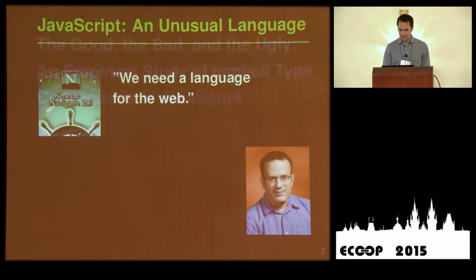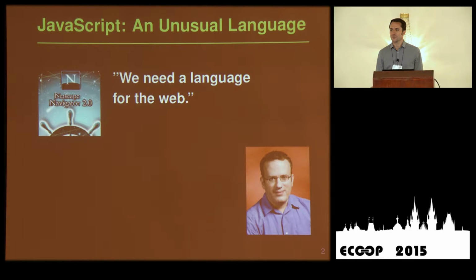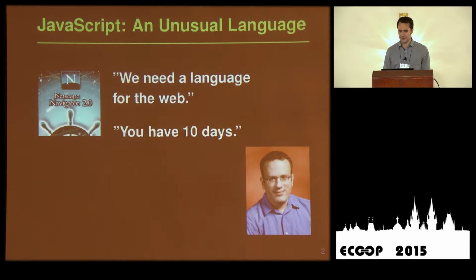So this talk is about JavaScript, and I guess everybody here agrees that JavaScript is an unusual language. One of the reasons why it's so unusual is the way it has been created. As Brendan Eich told us Tuesday in his keynote, he was hired by Netscape to create a new language for the web. And there was a little bit of fine print in this offer, namely that he had only 10 days. Even though he's a great language designer, you can imagine that if you design and implement a new language in 10 days, you make some mistakes. And because JavaScript has to be backward compatible, these mistakes prevail until today.